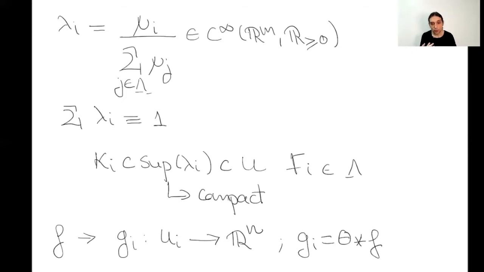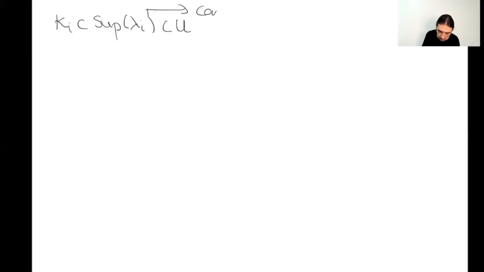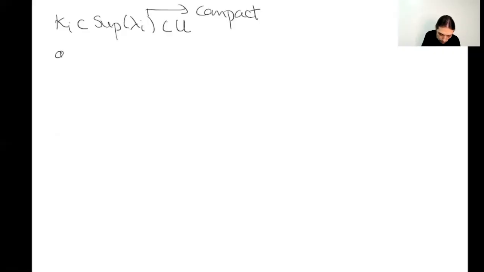And what are we going to get? Okay, so we have Ki is contained in the support of lambda i, which is contained in U, right? We have that. And this set over here is compact. Okay. And now what we want is to consider Gi as a convolution of some theta and F, right? But by considering theta with a very small support radius,